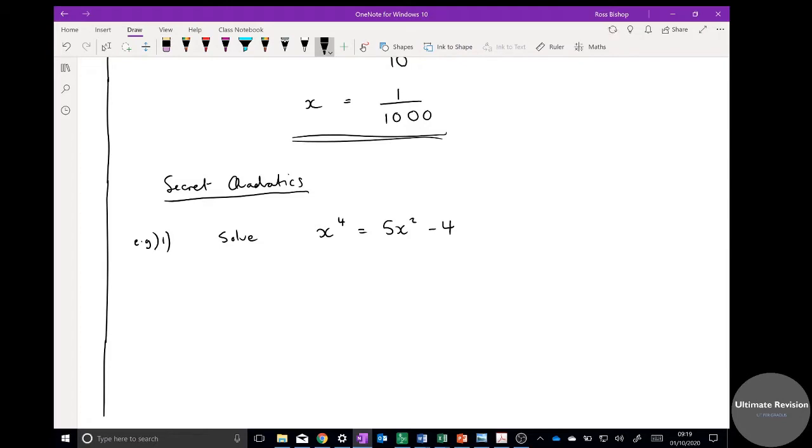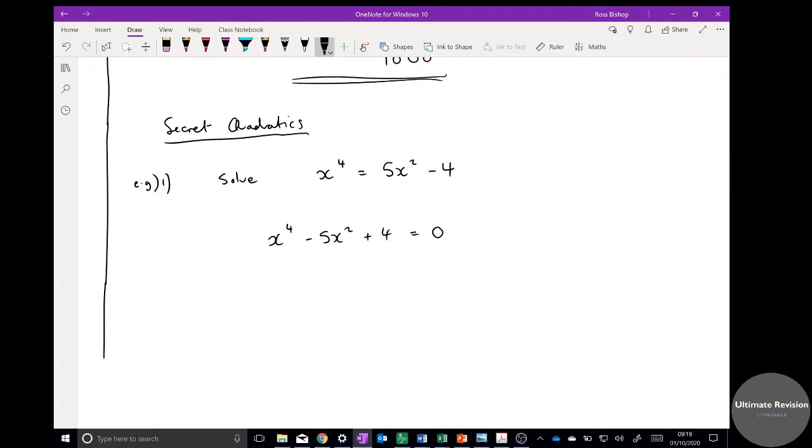Okay? Now you'll be right to say, well, this isn't a quadratic. Look, there's a power of 4. It's actually what we call a quartic. But I can manipulate this to make it a quadratic. If I make it all equal to 0, which is how we solve all quadratics anyway,